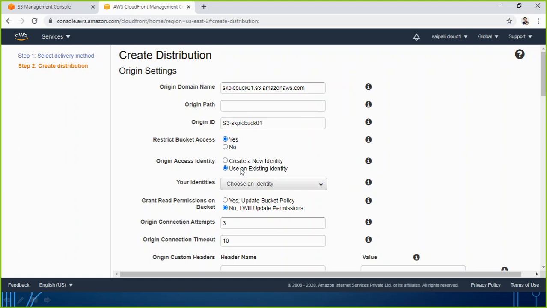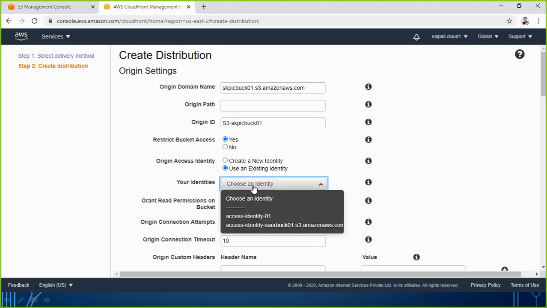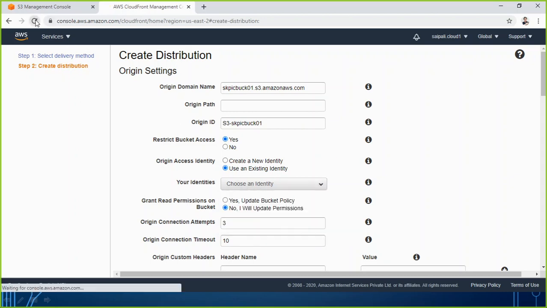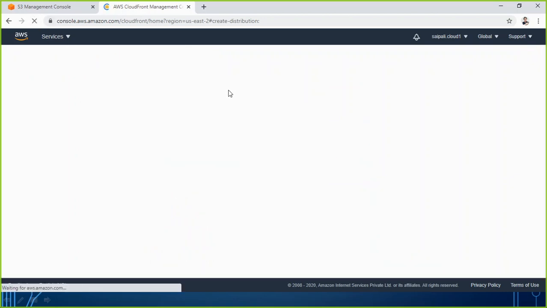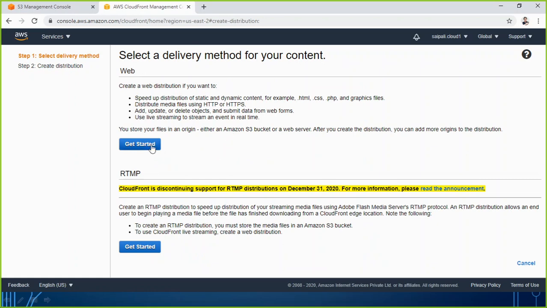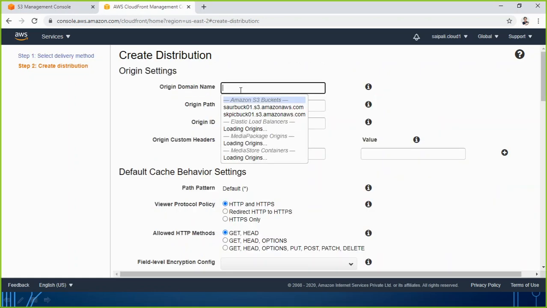I am going with an existing identity because I have already created one identity. If you haven't created one, you will just create it and give it any name. For me, I'm just going with this one. Or maybe if you just refresh, it should give you even the new name of what you have there. Let me refresh and start again.